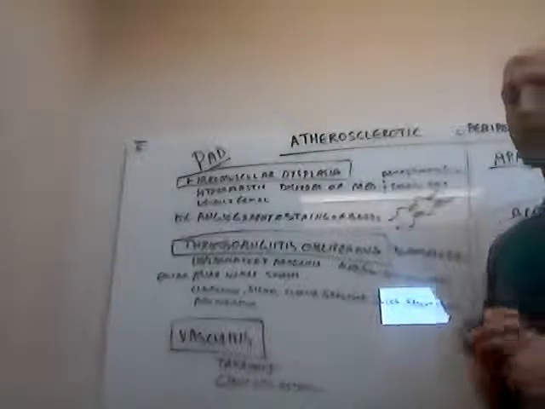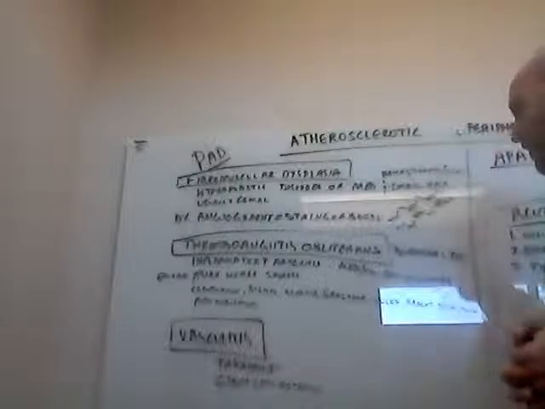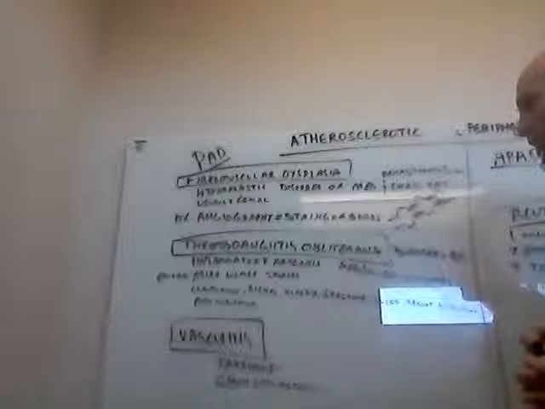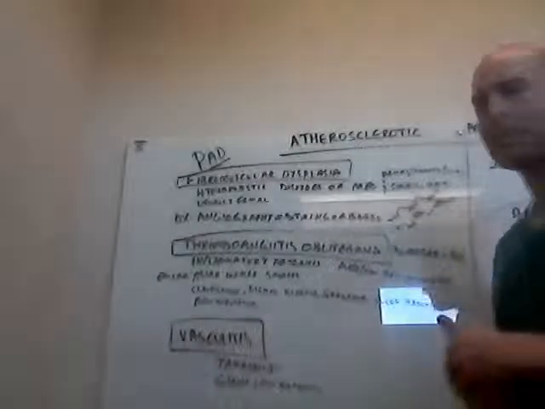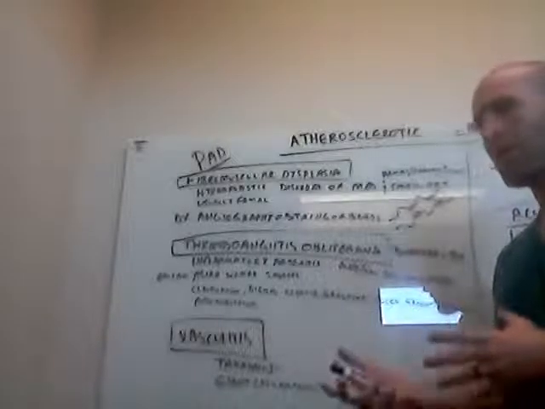The next one here is thromboangiitis obliterans. It's also called Buerger's disease, and this is a type of inflammatory arteritis of the medium and small arteries in the limbs. Apparently, it's common in people of Eastern European descent or in people of Asian descent. A little bit more often in